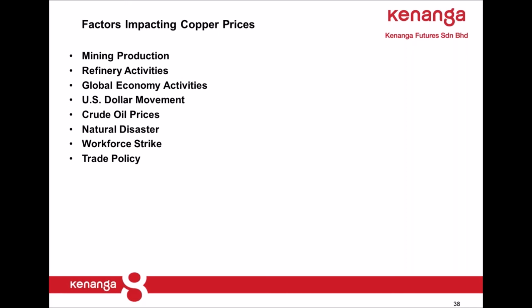Okay, and of course next is the natural disaster. Here we will mainly be focusing on Chile and Peru, which is actually an earthquake zone. There have been quite a number of big earthquakes before in Peru and Chile. This will affect the supply side of copper to importing countries, and when this happens, it will pressure price upwards, of course. Also, Chile is a volcanic zone country, for your information.